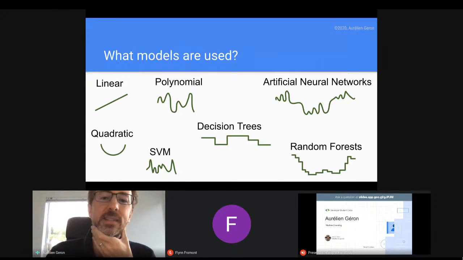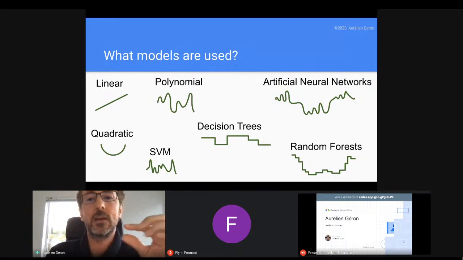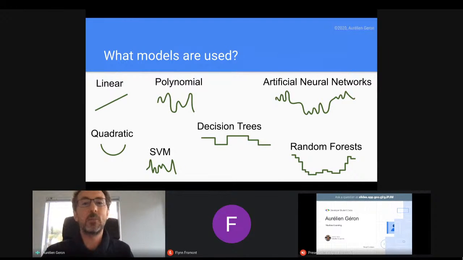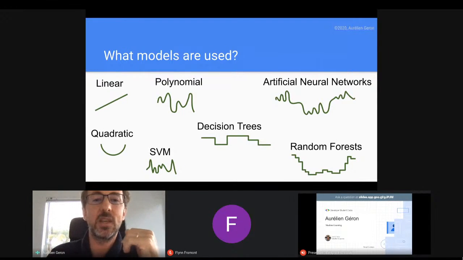And when you have plenty of data and a significant signal in that data, artificial neural nets are very, very good in that regime. They're not good when you have little data, but when you have millions of data points, artificial neural nets can capture the complexity in that data very well. They're super powerful. As I said, they have millions of parameters, so they might actually overfit the data if you don't have enough data points. So it's important to have big data sets when you're dealing with artificial neural nets.